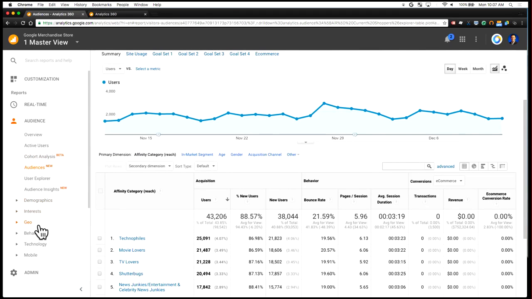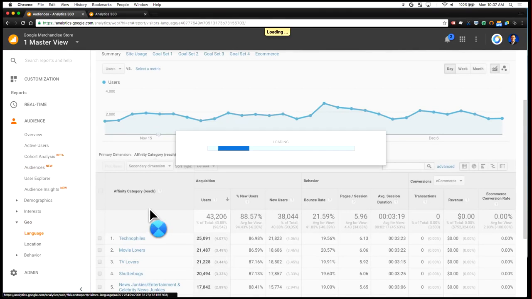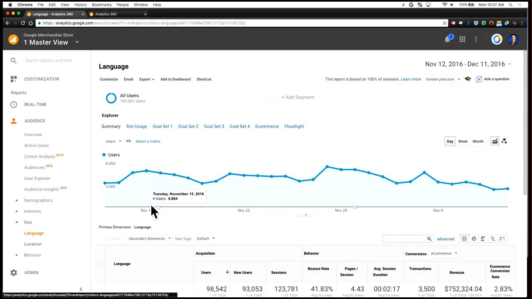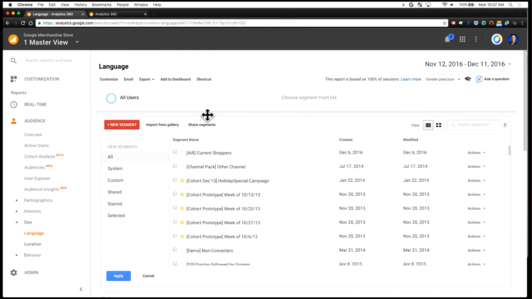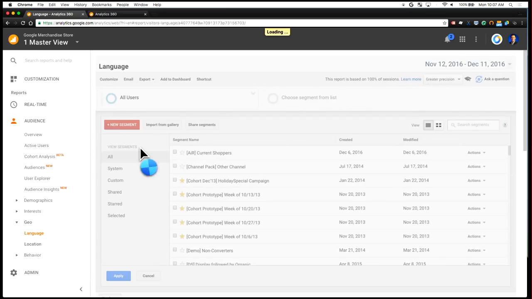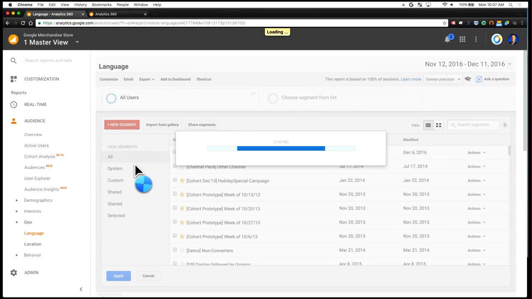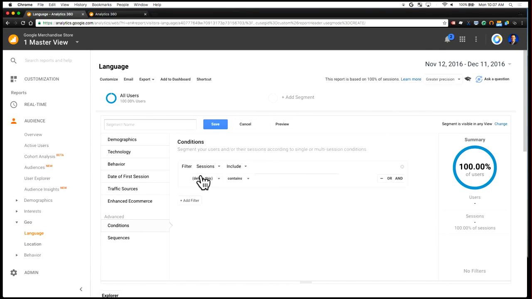Part of the purpose of putting them in reporting at all is so that you can access this in your existing reports. Right, so as like a secondary dimension or a segment or something like that. Exactly. So we now have the ability to access this audience dimension through segments and through a couple other ways